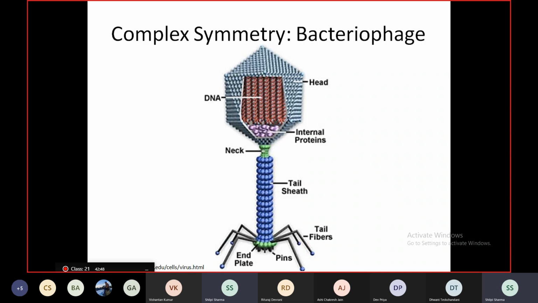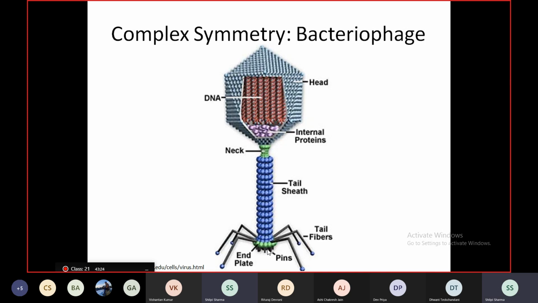You have these numberings of T1, T2, and so on. The T4 bacteriophage consists of a head, which has double-stranded viral DNA, and then there is a tail which is connected to the base plate. It is on the base plate that you have tail fibers. These tail fibers help recognize the host cell and then anchor the phage to the host cell with the help of these pins.